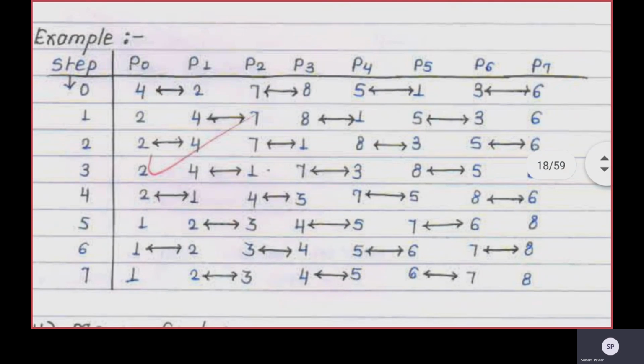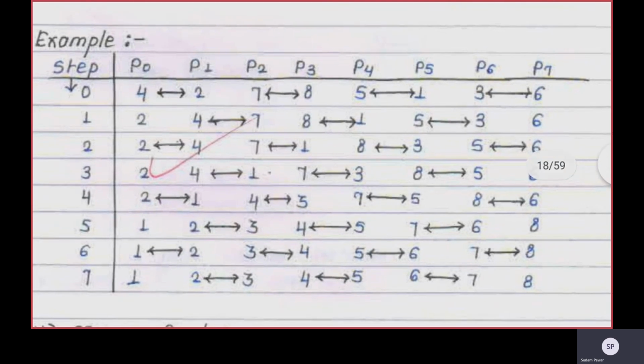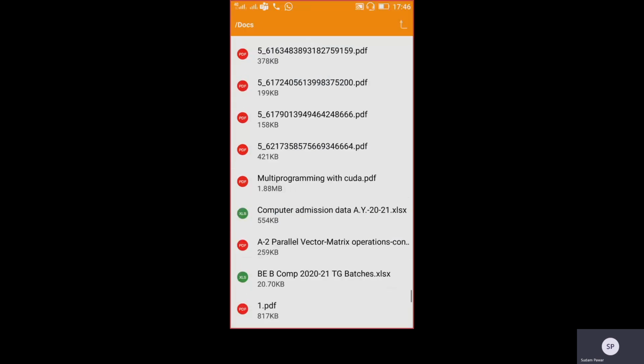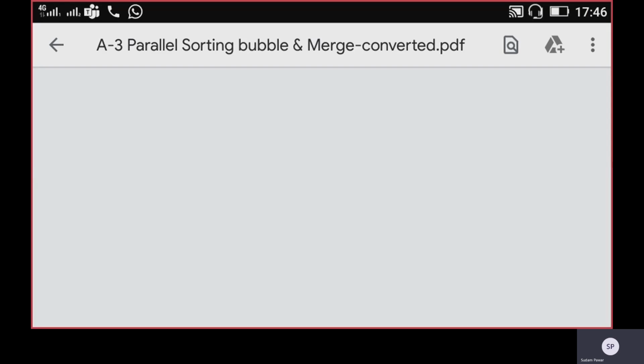So in order to study this algorithm today, we'll see the program also. The program on the parallel bubble sorting algorithm we will see here.